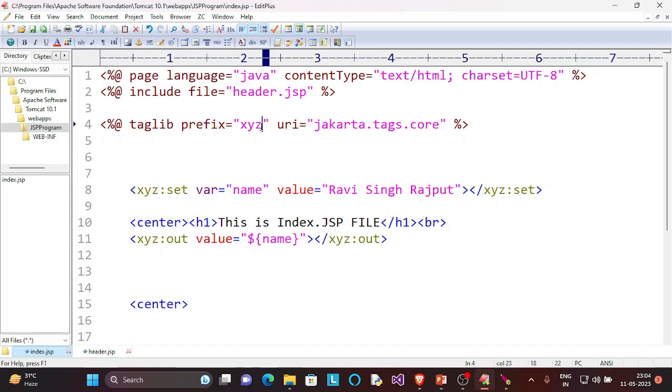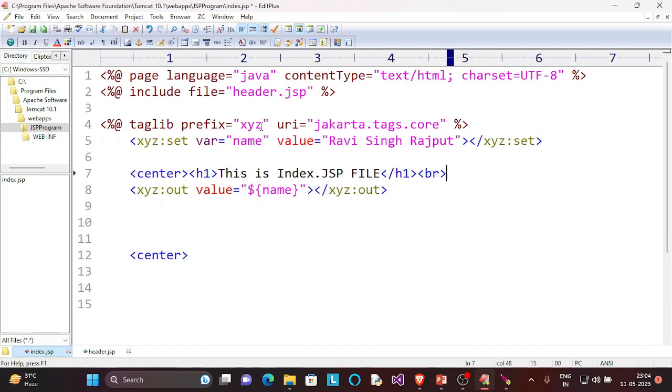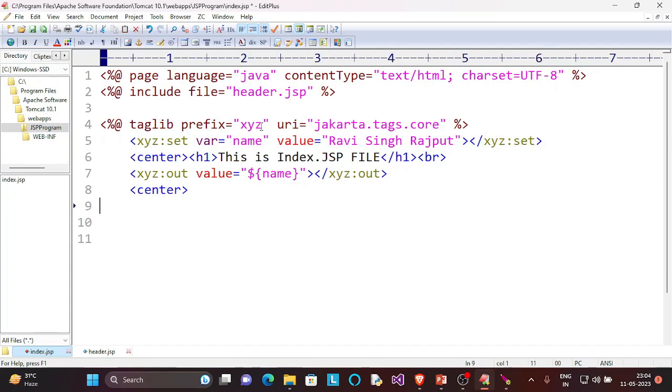So after that, let's see some more concept of JSP. So this is what a tag lib is, and JSTL is. We can easily use this JSTL in our JSP program. So after that, this is the time to see more about JSP. So suppose if you want to put some conditional statement in our JSP page, for that we have to use